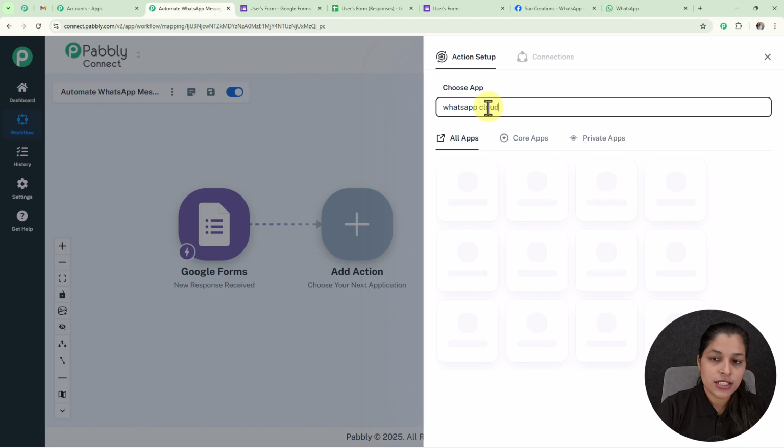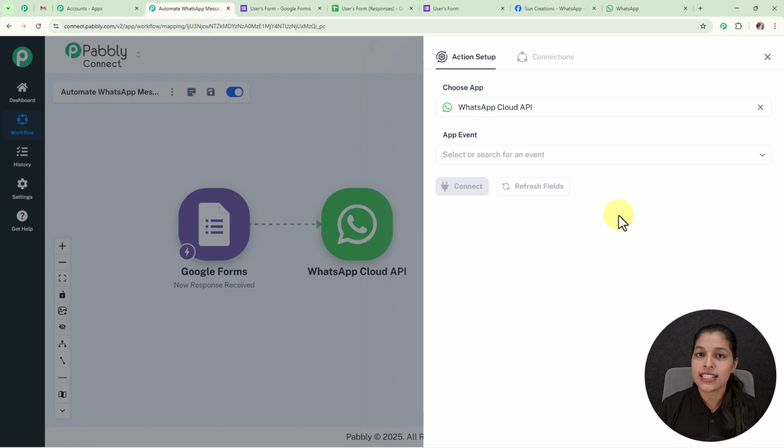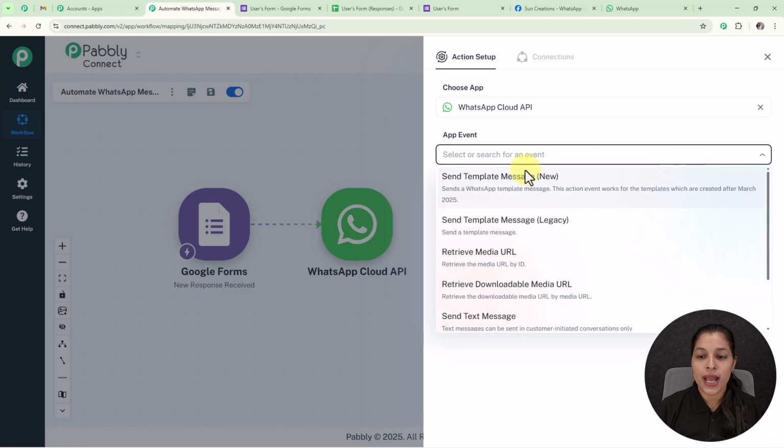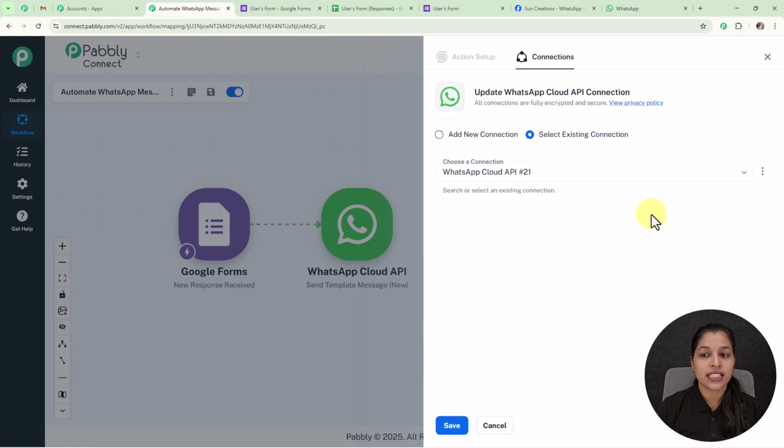So now let's search for it, and here you can see I'm getting this application, so I'm going to select it. And now I'm going to select my app event as send template message, as I'm going to send template message to my leads. Now let's click over this connect button, and here we are landed to the connection page, where